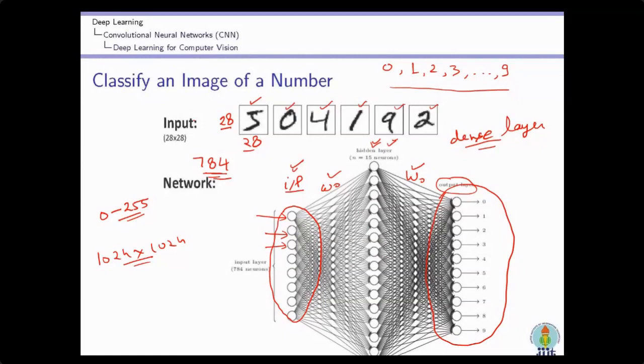If the size of the image is very large, the complexity increases, because the number of parameters, the weights we are going to train, increases exponentially. It is not easy to handle even with high performance devices, because we have to perform lots of multiplications, additions, and activation functions. So this is why we are not using such an architecture.